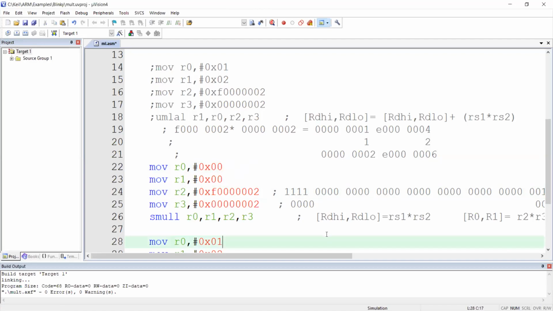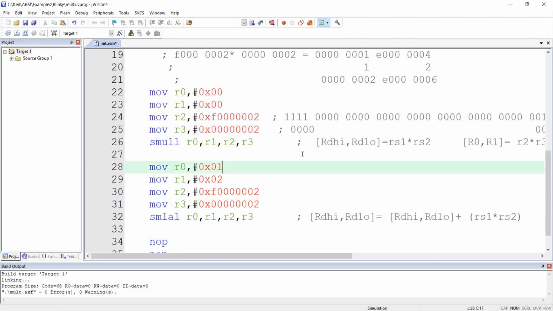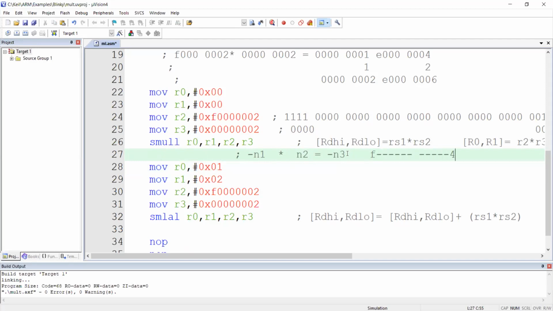So then what happens? One number is minus here. So what does that mean here? Comment section. Minus number 1 star plus number 2. What is the answer? Will it be minus or plus? It's a minus of n3. So the new result will definitely be minus. So what is definite about the new answer is its MSB will be high. So something I will get, which I will keep like this. I hope it is clear now. So something I'll get like this. Okay, we'll see that.